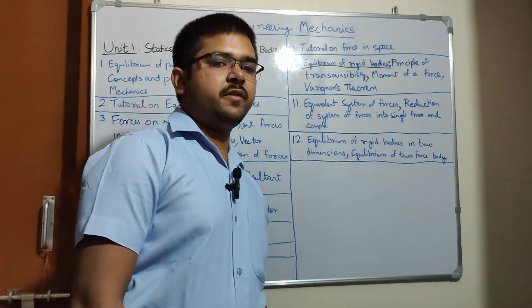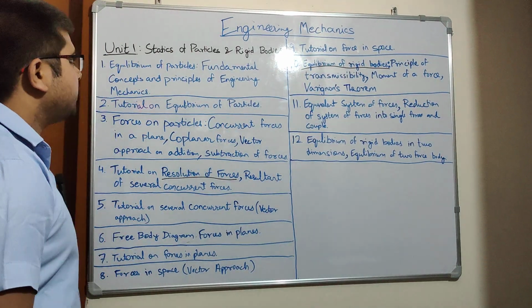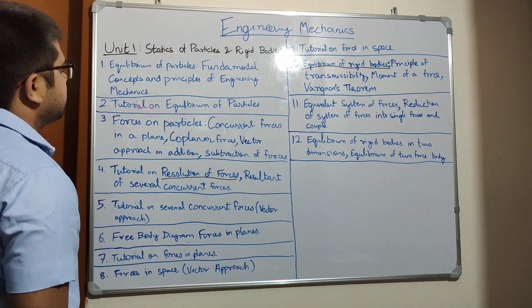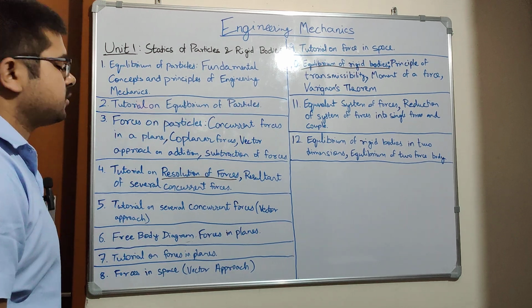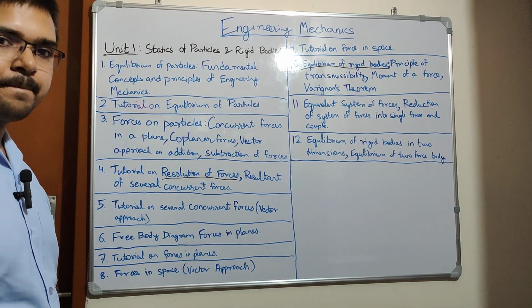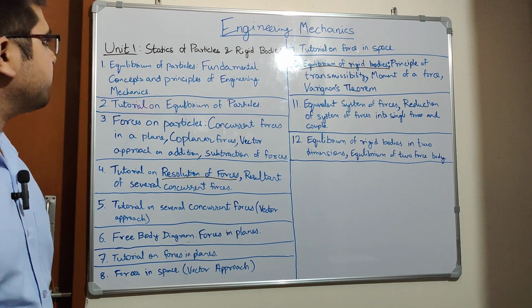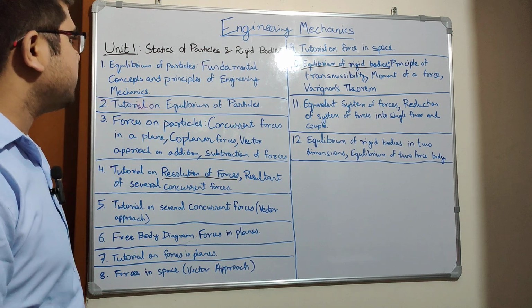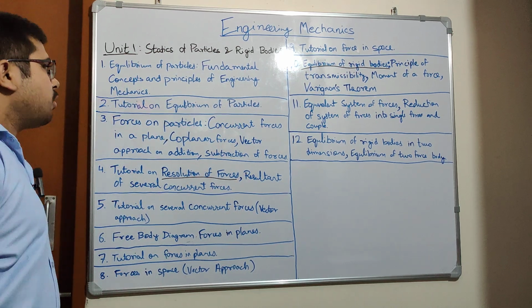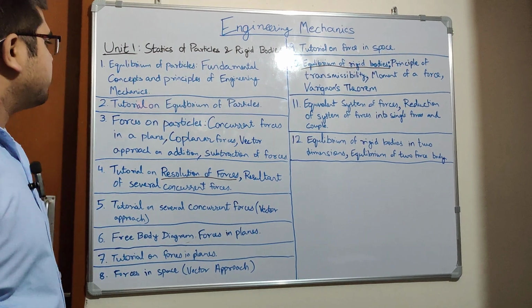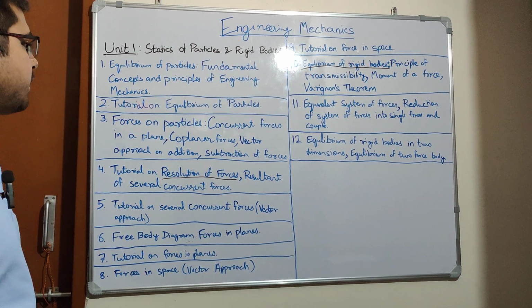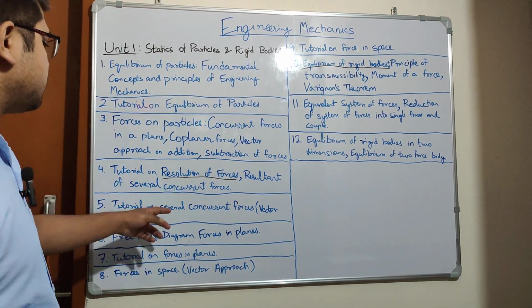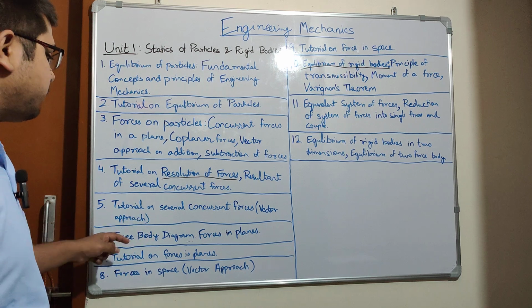So we'll start off by Unit 1. In Unit 1, the name of the Unit 1 is Statics of Particles and Rigid Bodies. Here, in this unit, we'll be studying about equilibrium of particles, fundamental concepts and principles of engineering mechanics, tutorial on equilibrium of particles, forces on particles, and concurrent forces in a plane, coplanar forces vector, resolution of forces, tutorial on several concurrent forces,